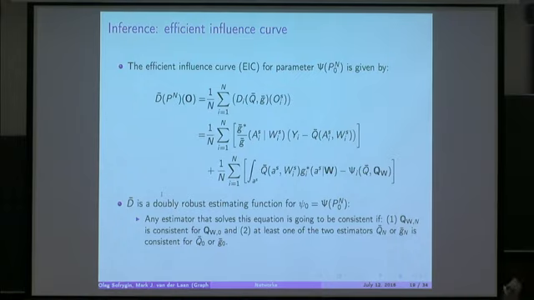Similarly, if you estimated the conditional expectation of the outcome correctly, meaning the model for Q bar was correct, but the inverse probability weighted estimator was wrong, this estimator would still be consistent. And this essentially provides the motivation for TMLE, because by doing this trick for fixing the estimator, it ends up solving this equation. So TMLE will also be doubly robust in that sense.